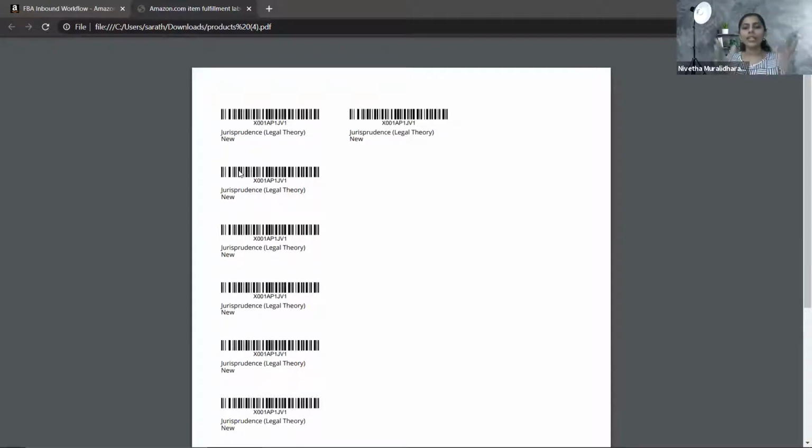And not only that, you can print it on an A4 sheet and cut it using a cutter and paste it, or there is something called Desmat A4 sticky labels. The link I'll post in the WhatsApp group today. You can get that if you feel it's very time consuming. The sticky labels will already come pre-cut. You just have to peel it and paste it. It's all up to you.